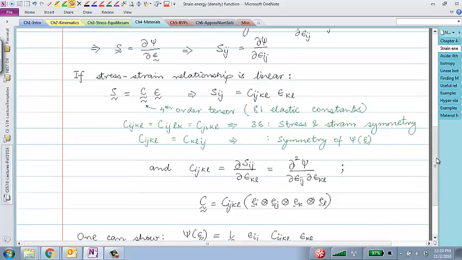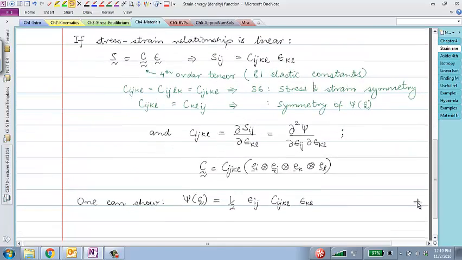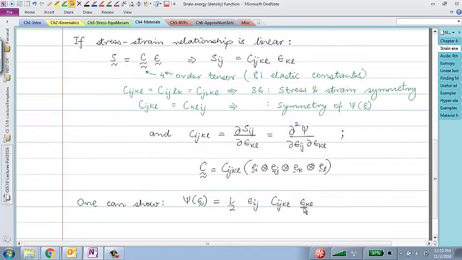Very similar to what we had for the 1D case, half times C epsilon squared, or half times epsilon C epsilon, which is what we have here in 3D. Now, it doesn't matter whether I use epsilon ij here or here. The order of that does not matter. So that's what the major symmetry of